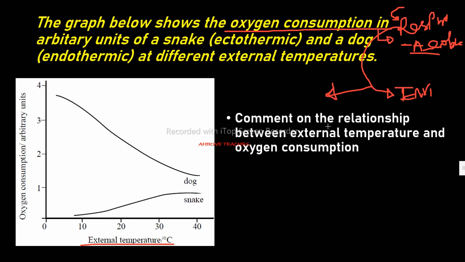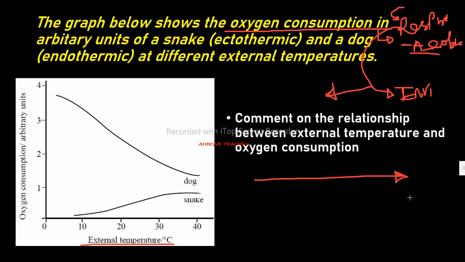Why? That's what we studied previously. But as temperature increases, the rate of respiration decreases up to a certain temperature. That's what we are going to study in the next slide. So you need to know why the rate of respiration increases,